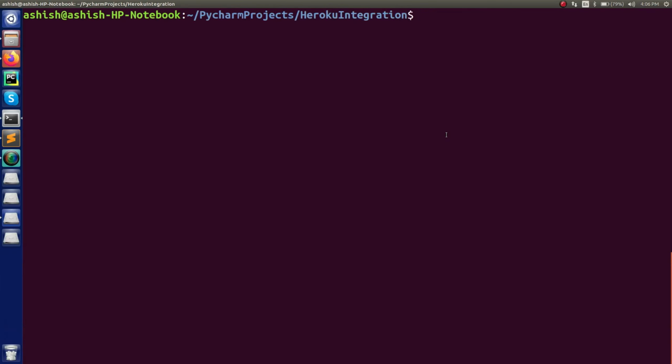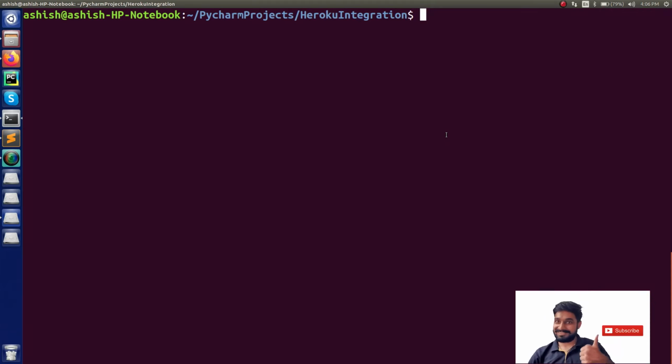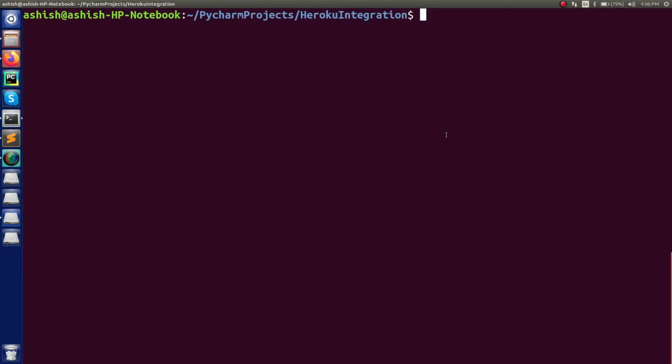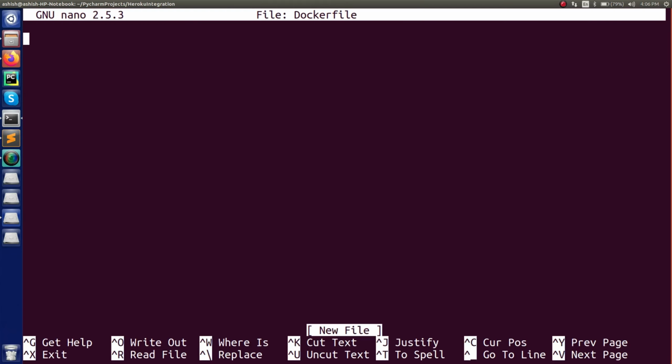And after that, you have to create a Dockerfile, because based on that only we are going to shift it to the Docker container. And once you have your complete project inside the Docker container, we will push it onto the Heroku server, so that instead of working locally, we can directly connect to the server and we can talk to the chatbot. So this is how we are going to do it. So for that, just type nano Dockerfile, press enter, and in here you have to write some commands.